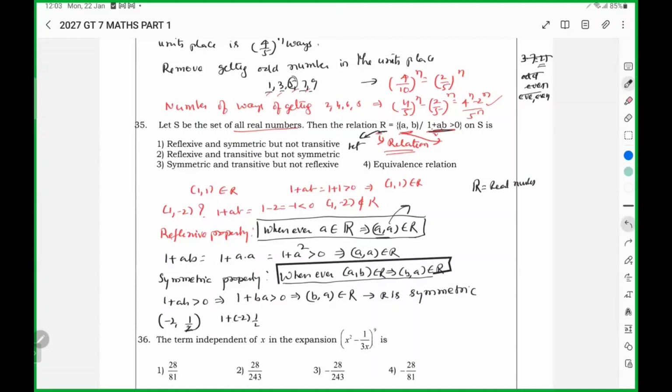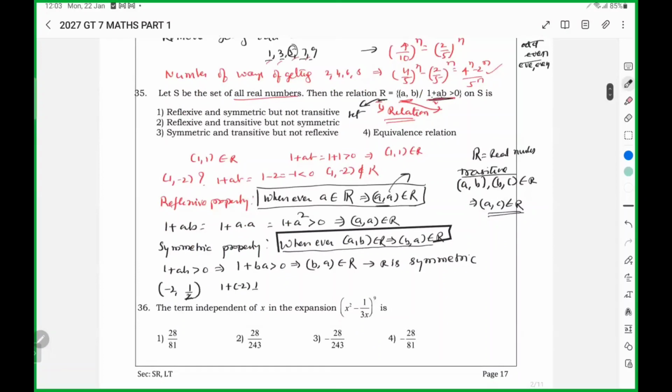It's symmetric. Now the transitive property: whenever AB, BC are there, it is not compulsory that they should be there, but whenever they are there, AC must be there in R. So here I will take two ordered pairs, with the first coordinate of the first ordered pair and the last coordinate of the second ordered pair forming an ordered pair. If that is there, then we say it is transitive. Otherwise, no. I will take here